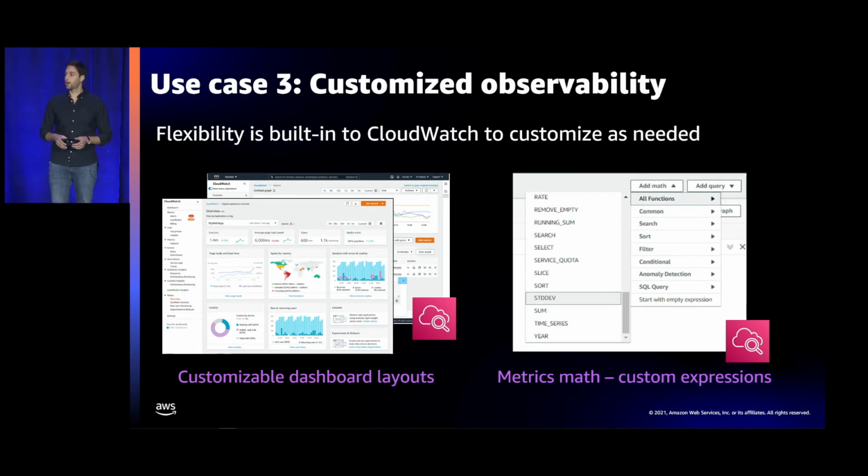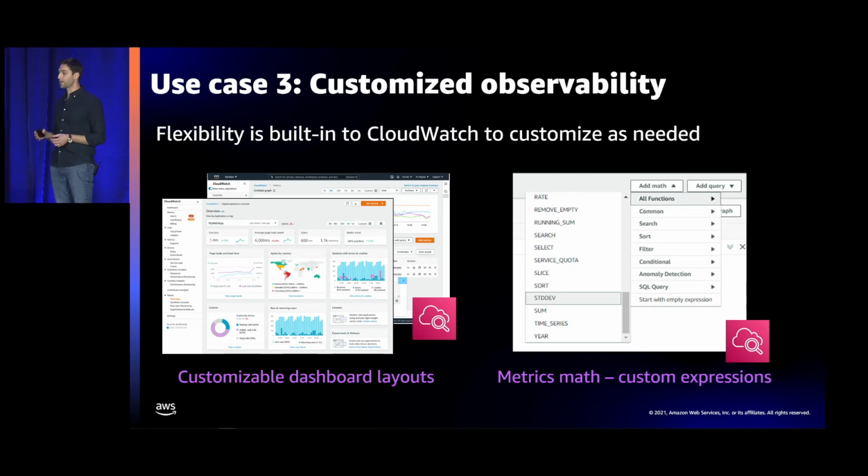The third benefit of using CloudWatch Dashboard is the advanced level of customization that is available there. So I'm going to talk about two types of customizations, dashboard customization and metrics customization. Starting with dashboards, while we heard from our customers that they really like the pre-configured and the default dashboards that are available in Storage Lens that enable them to onboard quickly to the service, some other customers ask for greater flexibility in customizing their own dashboards.